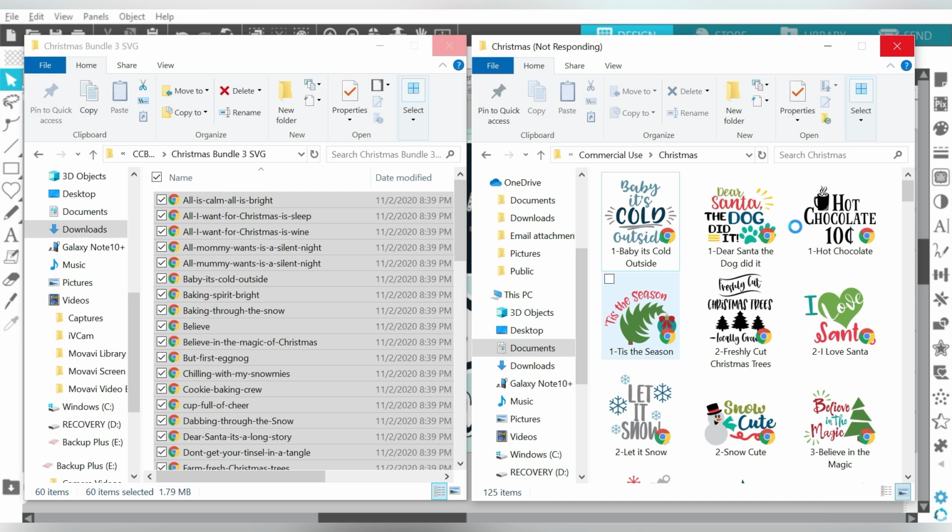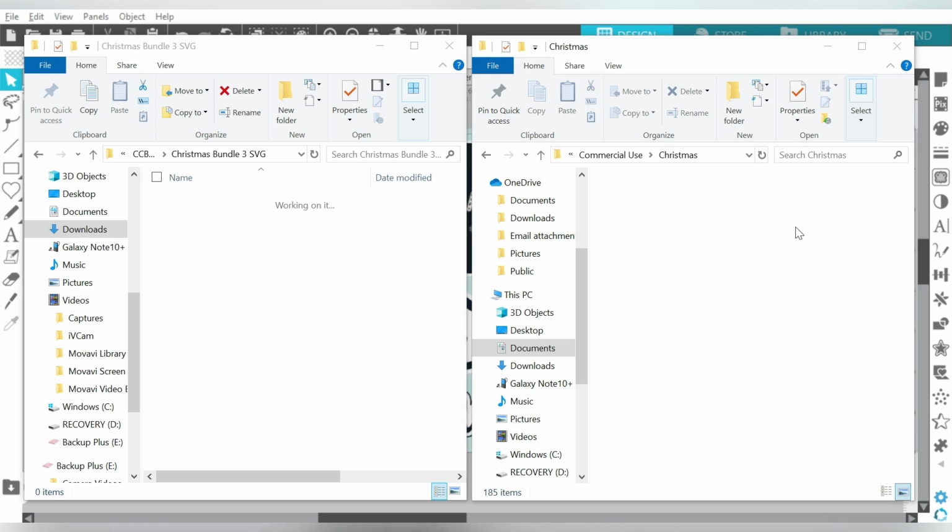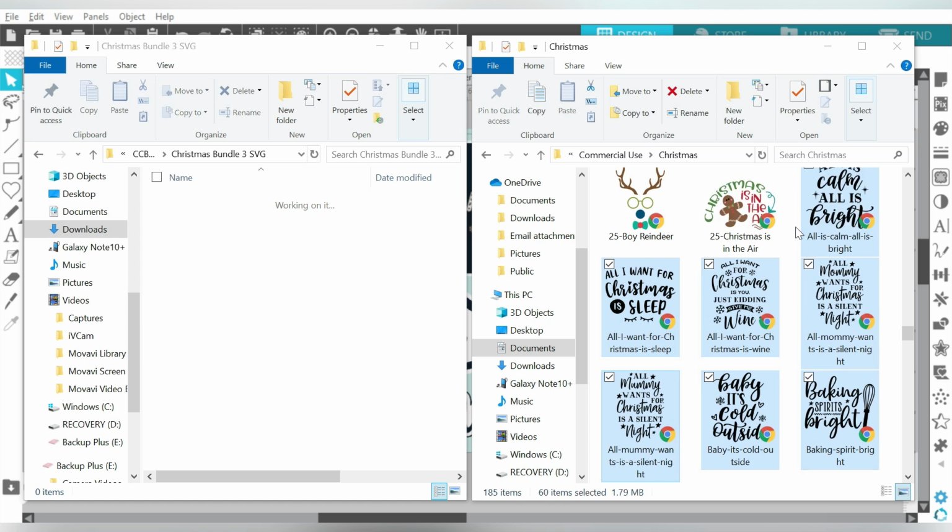Now, if you run into a situation where you're bogging down your computer getting all these moved over, it may be that you're running out of memory. That doesn't usually happen when we're just moving from one location to another. But I just wanted to throw it out there that these bundles are really big, especially if you start working with PNG and image files.